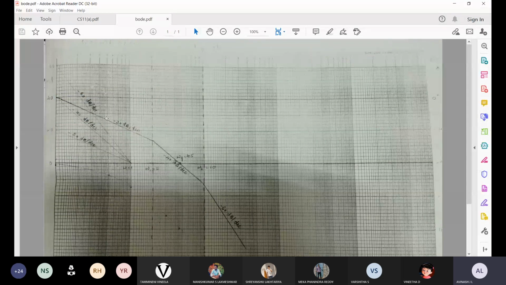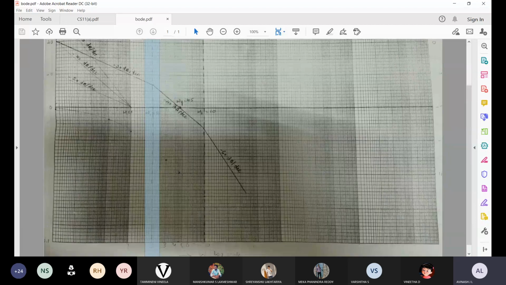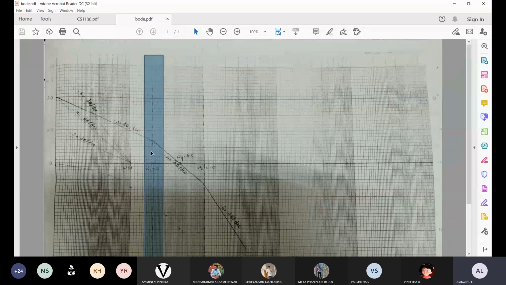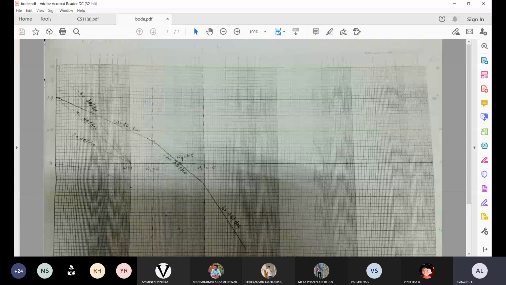So up to where will it be considered? If you consider the initial value as omega equal to 0.1, then up to omega equal to 2, exactly this particular line, the slope has to continue from the 40 dB. In parallel with the minus 20 dB per decade, you can see the two lines are parallel to each other. It will come like this, and once it reaches omega equal to 2, the line will stop at this point. So this is the first factor slope we have considered.